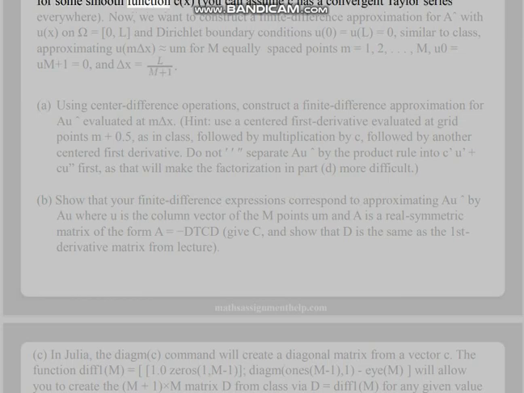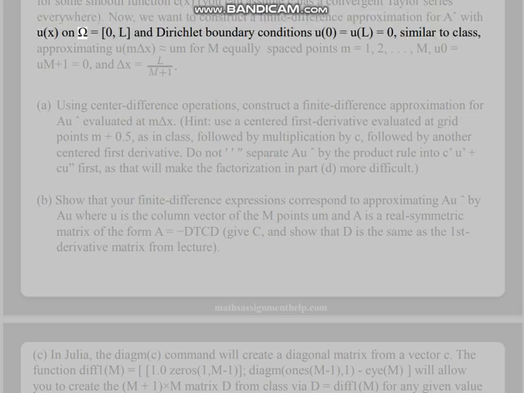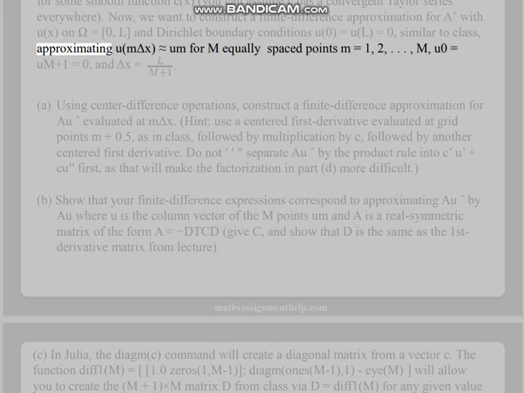For some smooth function c(x), you can assume c has a convergent Taylor series everywhere. Now, we want to construct a finite difference approximation for A with u(x) on Ω = (0, L), and Dirichlet boundary conditions u(0) = u(L) = 0. Similar to class, approximating u(mΔx) is almost equal to uₘ for m equally spaced points m = 1, 2, ..., M, u₀ = uₘ₊₁ = 0, and Δx =